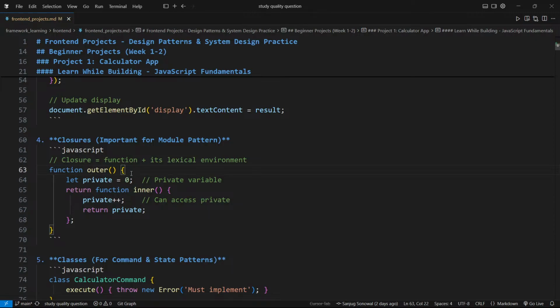देखो, कैलकुलेटर में क्लोजर का यूज तब आएगा जब तुम कुछ इंटरनल स्टेट इनकैप्सुलेट करना चाहो। फॉर एग्जाम्पल, तुम एक मॉड्यूल बना सकते हो जो करंट वैल्यू, प्रीवियस वैल्यू और ऑपरेटर को क्लोजर के अंदर रखे। फिर तुम बाहर सिर्फ इंक्रीमेंट या कैलकुलेट जैसे मेथड्स दो जो उस इंटरनल स्टेट को एक्सेस करे। इससे तुम्हारा स्टेट ग्लोबली लीक नहीं होगा और ज़्यादा कंट्रोल तरीके से हैंडल होगा।